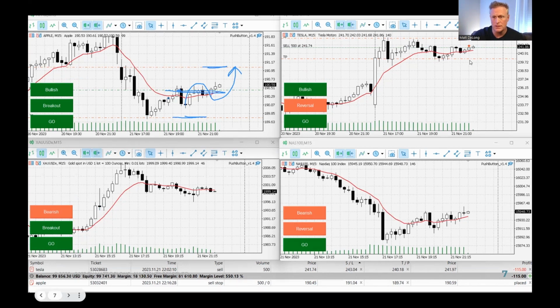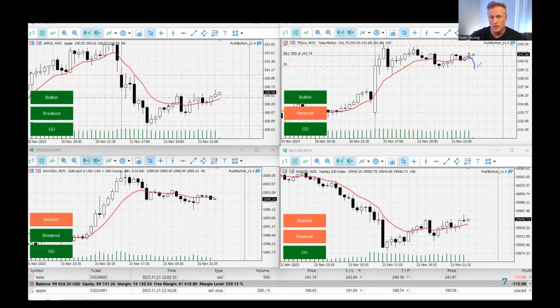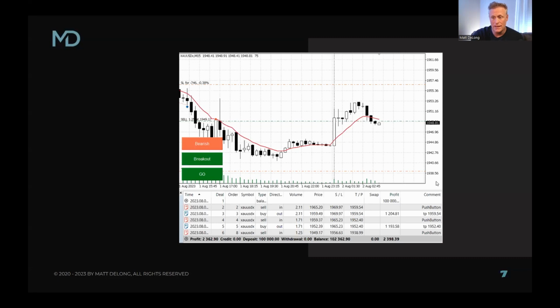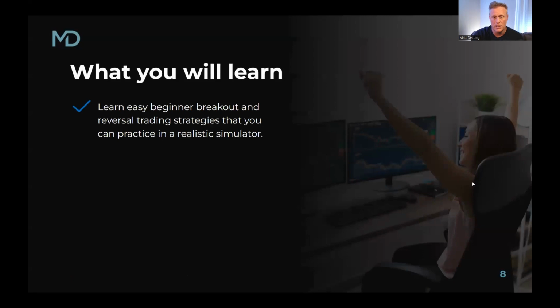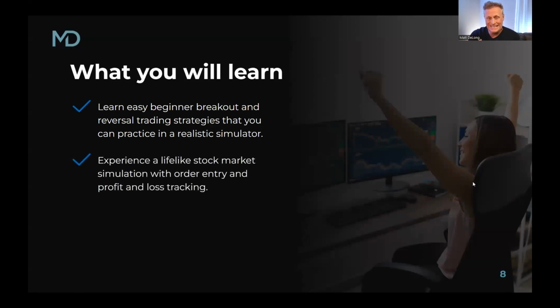Over here, same thing. We're looking for a bearish move. We're waiting for a lower move. So I'm trying to get into a trade where it goes higher, and then waiting for a little bit of a rollover here. And so that's the basics of what this tool does. Now, again, it does provide a lot of really cool things. What I'm going to do is show you some more examples of what this looks like. And what I'm going to teach you is an easy beginner breakout and an easy reversal strategy,